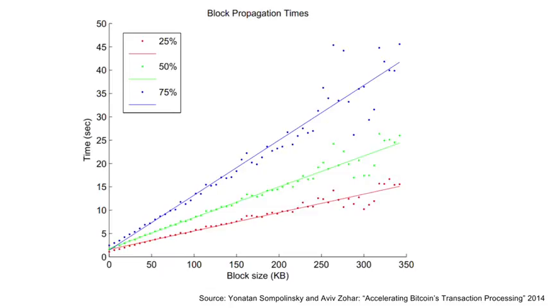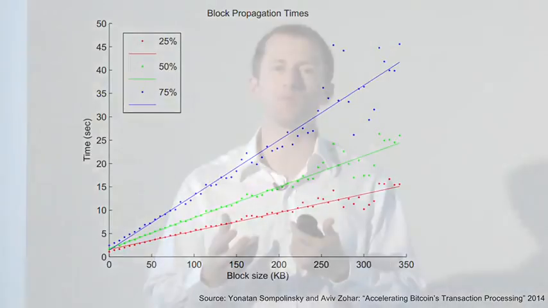On the internet, 30 seconds is a pretty long time for people to hear about something. The reason it takes so long is because the protocol is not very efficient. It wasn't designed to be efficient, it was designed to be simple and to have no structure so that every node is equal and they can come and go at any time. And as a result, the topology may not be optimized for fast communication. A block may need to go through many nodes before it reaches some of the most distant nodes in the network. Whereas if you design the network top-down for efficiency, you would design it to make sure that the path between any two nodes was very short.